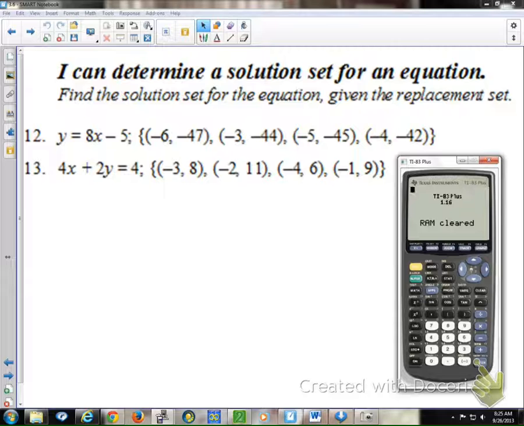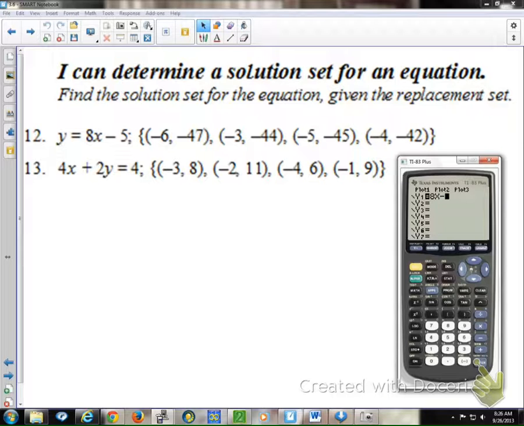All right. You need to hit the Y equals button in the top left-hand corner. You should be looking at something like this. Now, what this does is this lets you put in an equation, as long as y is solved for, yet another perk to solving for y. You can plug in the equation that it's equal to, and it'll give you every coordinate on that line. So, let's plug in 8x minus 5.